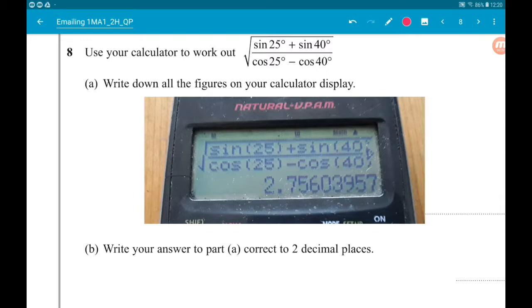So the only thing you need to be really careful with here is when you put the trig in, make sure you close the brackets after the numbers. So for example in the sine 25, your calculator will open the bracket, put in the 25, make sure you then close the bracket. So put it in exactly as I have there, and you will get